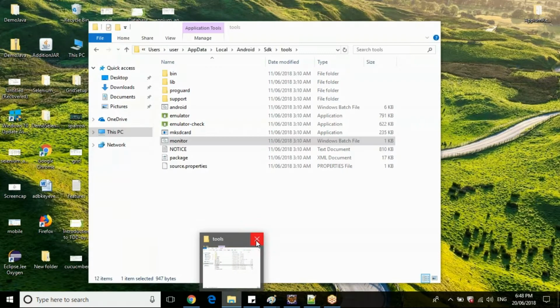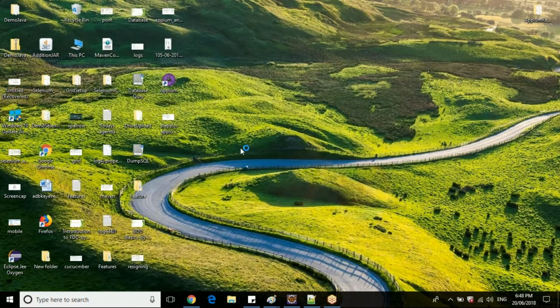Now I don't have any other UI automated instances running on the ADB instance also.